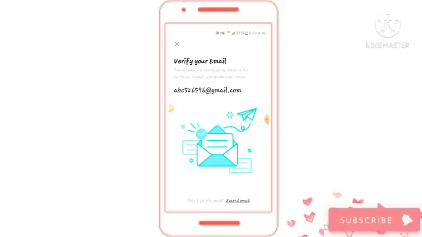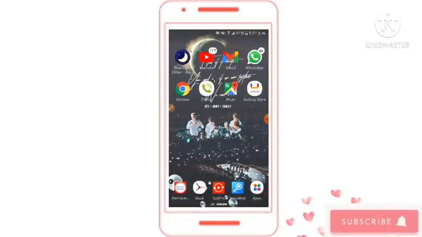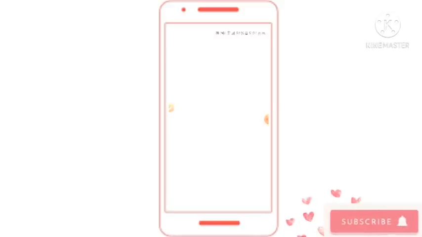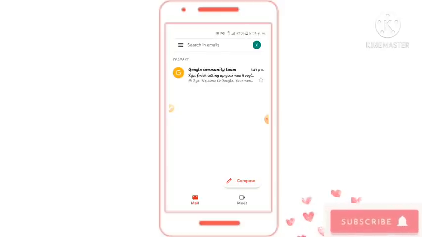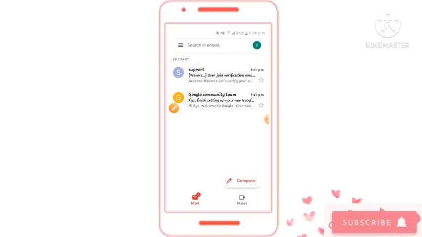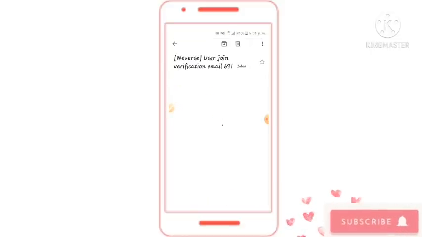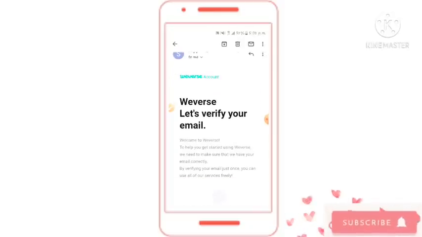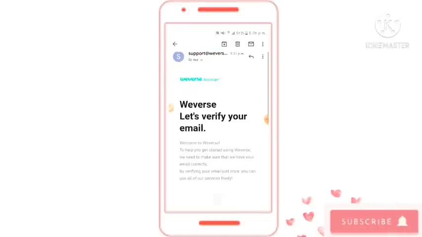Okay, so now I'll visit my Gmail app to make sure my email has come. After visiting my Gmail app, let us see whether the email has come or not. So the email hasn't come yet, so wait for some time. And here you can see our email is over here. Congratulations to me. So after clicking on it, we are going to verify our email to show you guys that this trick really works, and it will also work for you.